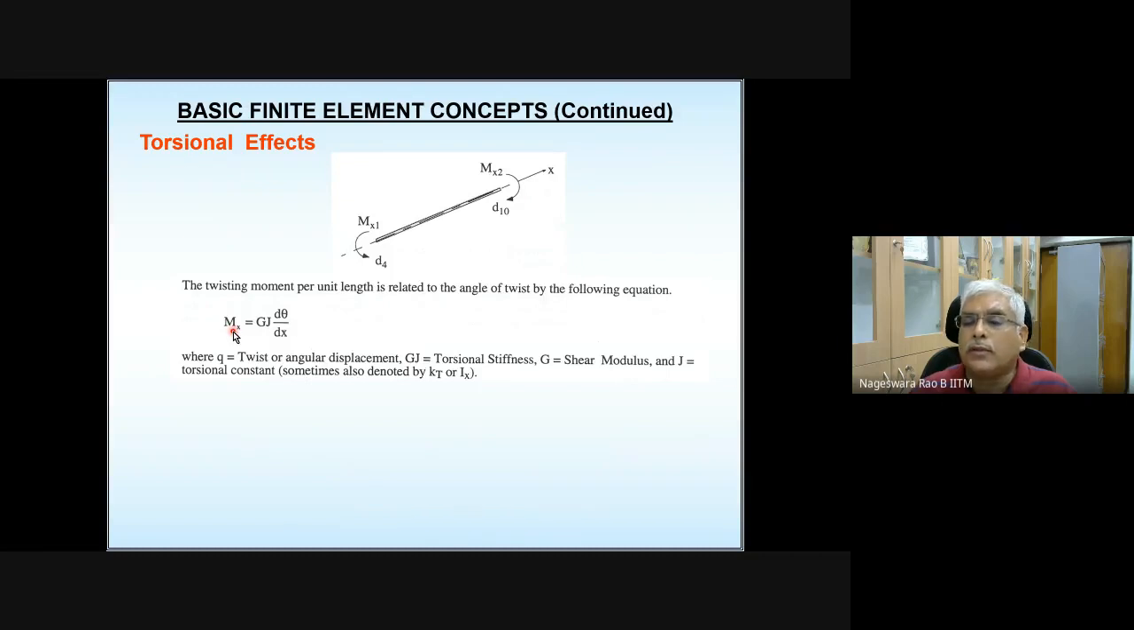This is similar to the corresponding equation for a bar element. For a bar element, instead of M, you are going to have force F. Instead of GJ, you are going to have EA. And instead of theta, you are going to have U. In a way, for a bar element, it's going to be force equal to Young's modulus times area of cross section times strain. Similarly, moment here for an element which is undergoing torsion, the twisting moment is given by GJ, which is nothing but your